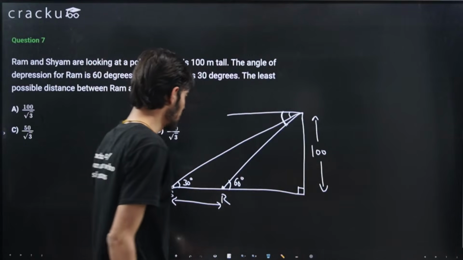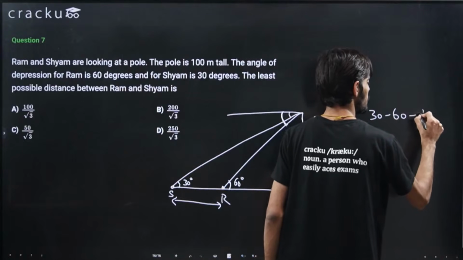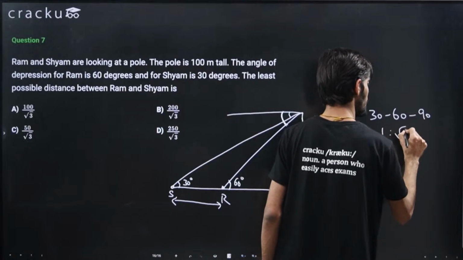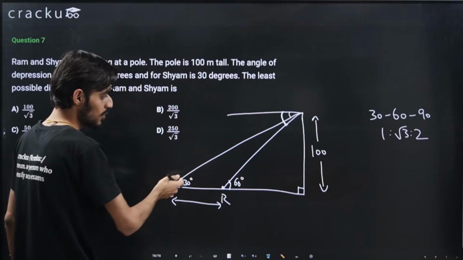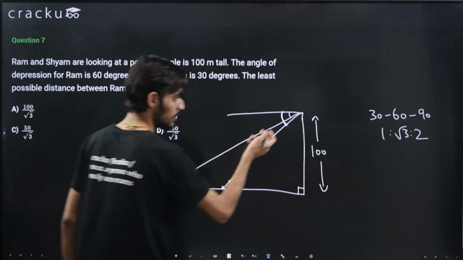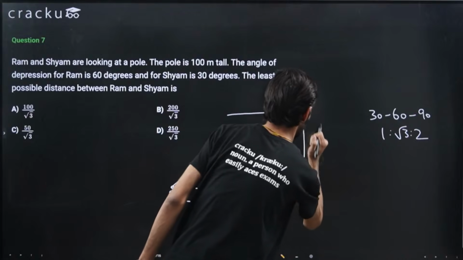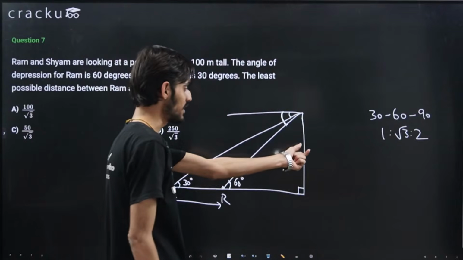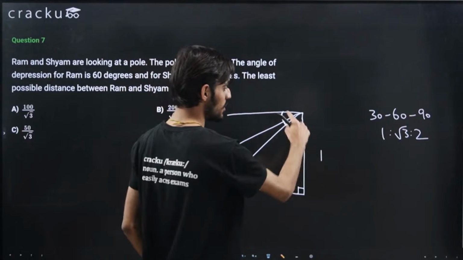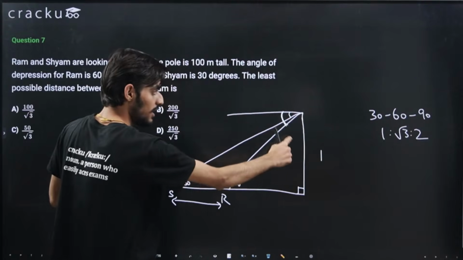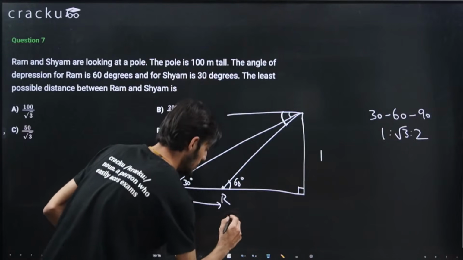So again, using the same logic of the 30, 60, 90 triangle, 30, 60, 90 is 1 is to root 3 is to 2. So this is 30, 60, 90. We can just use the same again. So for this particular triangle, that is 30 here. So this complete will be 60. So let's first calculate the value in terms of ratios. So this is 30. So the side that is opposite to 30 degrees will be 1. Let's say this is 1. The side that is opposite to 60 degrees. So this will be 60 degrees for the larger triangle. This angle will be 60 degrees. So this complete distance will be root 3. Okay, in terms of ratios.